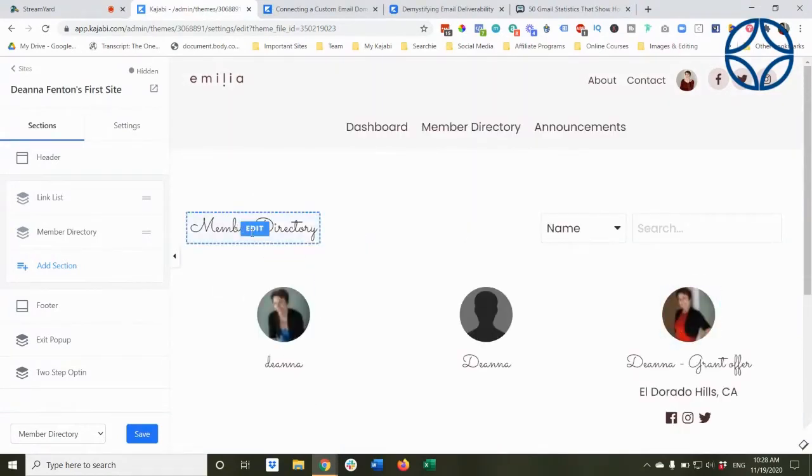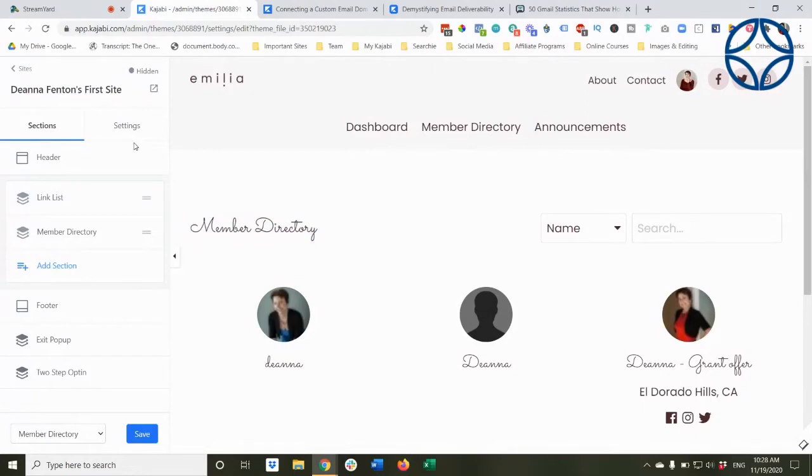So, a couple things with the member directory. It will show if they opt in. So first of all, your members, and guess what? If you granted people free offers like mini courses for an opt-in or something like that, they're considered a member because they have a login. If they agree to be added to your directory, they're going to show up. At this point, I don't know of any way to limit your member directory to just a set group of people. You know what I'm saying?